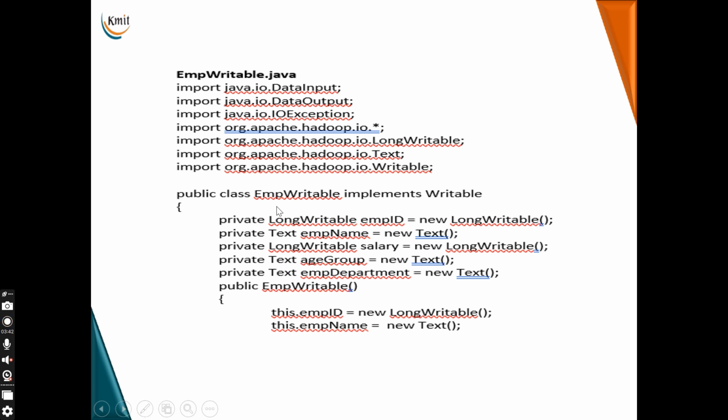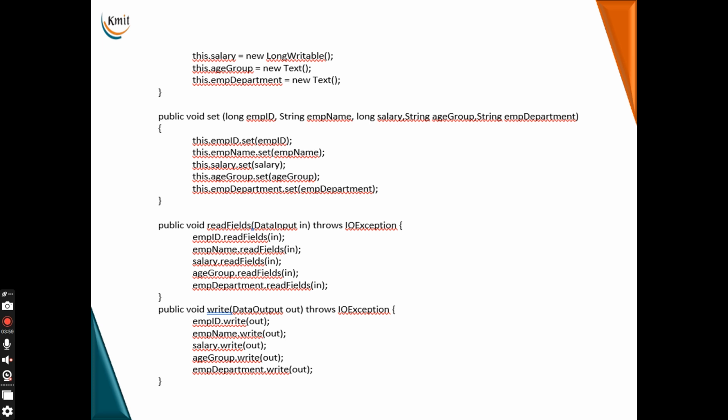EMP writable, this is the program. When you are learning theory, there is a concept called writing your own writables. Instead of using the built-in writables, we can write our own writables also. So I have just typed in the program for your reference. Type in the program